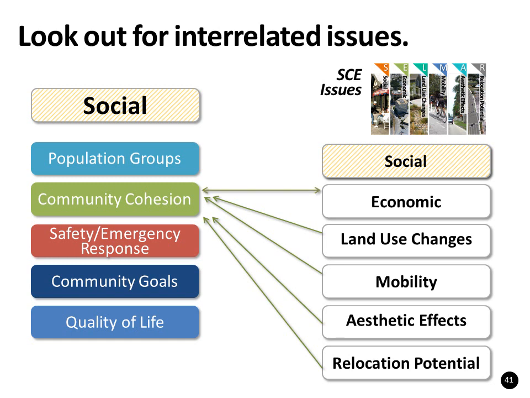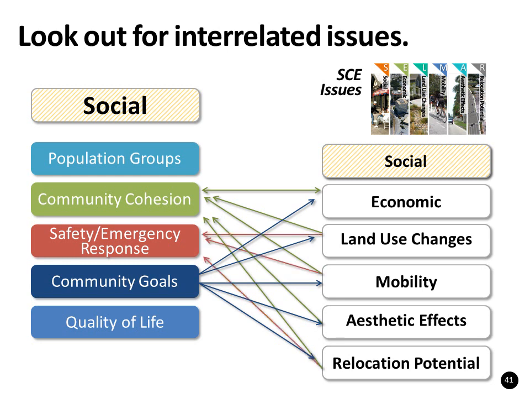Project effects to a business district could affect places where people regularly socialize, and community cohesion effects could in turn affect the viability of a business district. Community goals can be associated with any of the issues. Land use, mobility, and relocations could have safety and emergency response implications. The study area population is a factor in the identification and assessment of effects for all 6 issues, and vice versa. Quality of life is another sub-issue that corresponds to all of the issues.